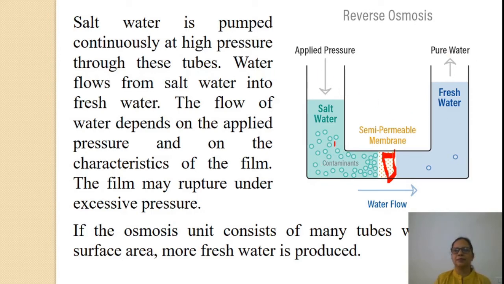So the concept is, when salt water and fresh water are separated with the semi-permeable membrane, water has a natural tendency to move from fresh water to the salt water side due to osmotic pressure, and the process is called osmosis. The process can be reversed by applying a pressure slightly higher than the osmotic pressure on the brine water side or salt water side, during which the fresh water from the brine enters into the freshwater side, and this process is called reverse osmosis.